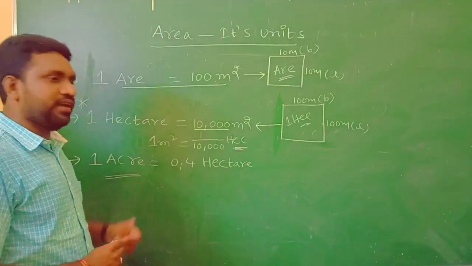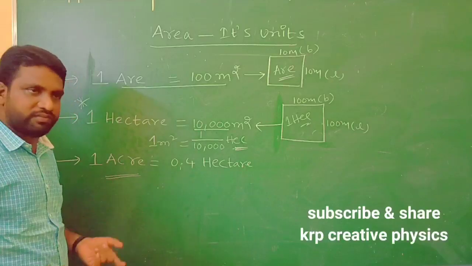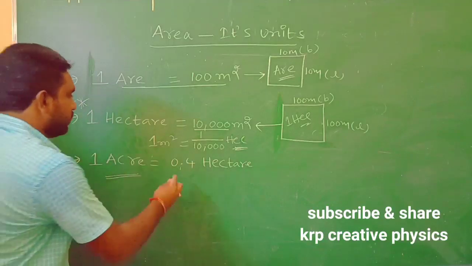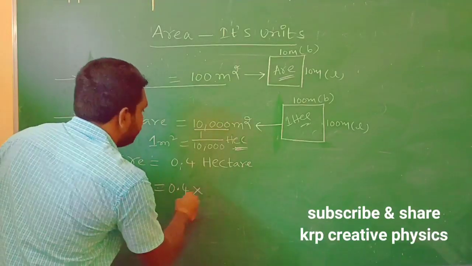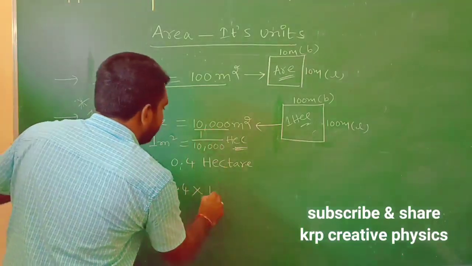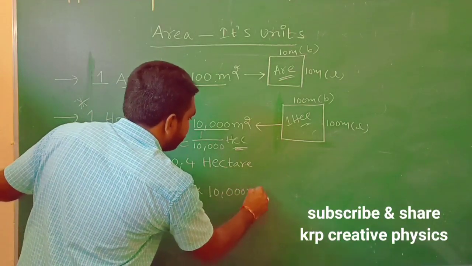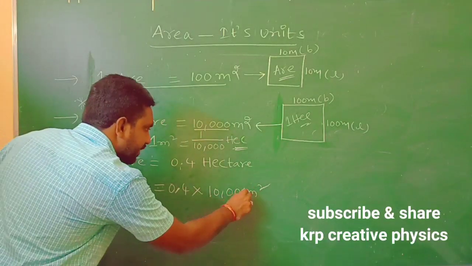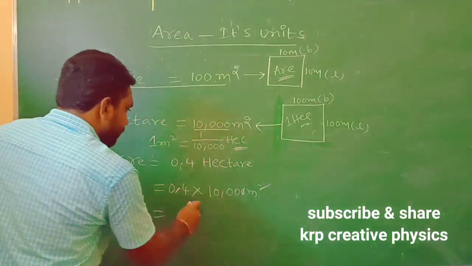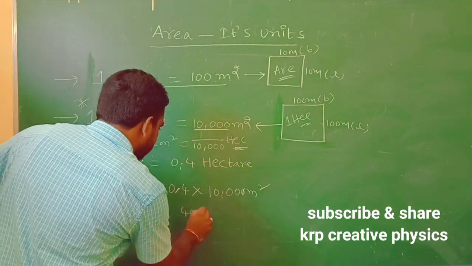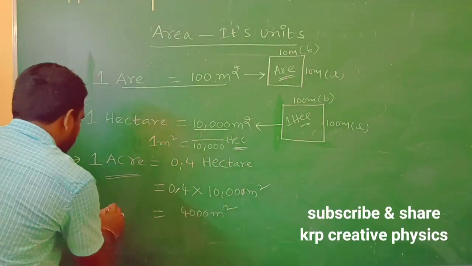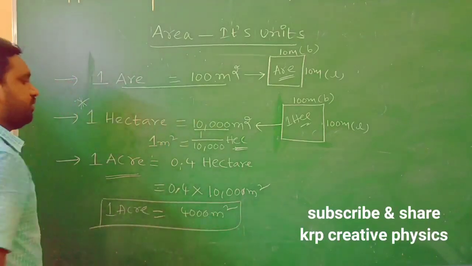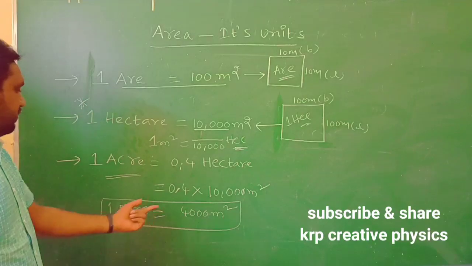Next, let's move on to a bigger unit of area, 1 acre. Acre, you will hear that one. 1 acre equals 0.4 hectares. So this can also be written as 0.4 into, already we know that 1 hectare equals how much here? 10,000 meters square. I am substituting this value here, simple. After the multiplication, the point and 0 get cancelled. Okay? So what is the remaining term here? 4 into 1000, 4,000 meters square. In this way we can also write, instead of acre, 1 acre equals 4,000 meters square. So that is one more value of acre.